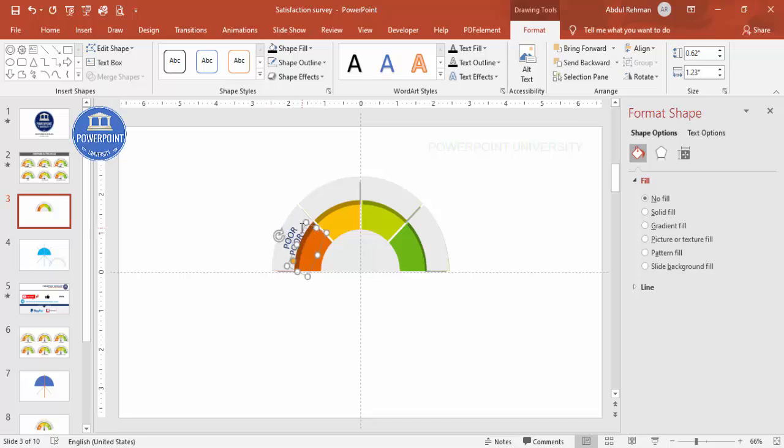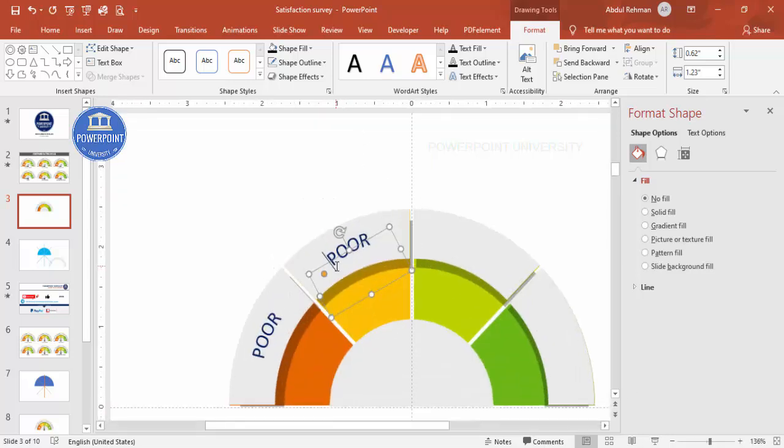Press Ctrl D to duplicate. Say this one, the other one, I'm going to bend it, and then I'm going to add normal here. Let me just zoom in, and then I'm going to type normal. Alright, so again you need to adjust it till you feel much satisfied with that one, because if I move it like that, it will look like not good one.